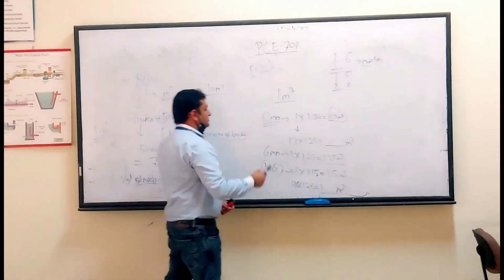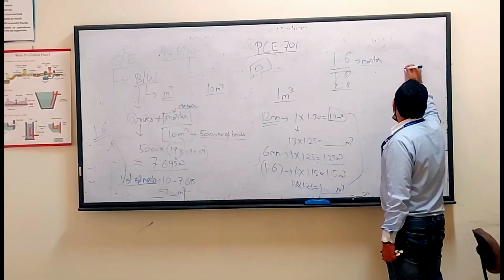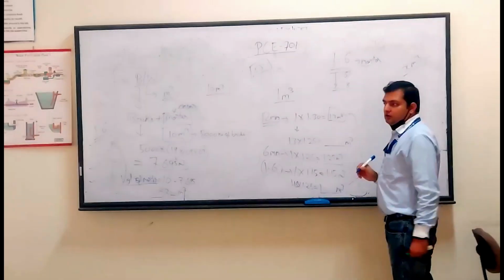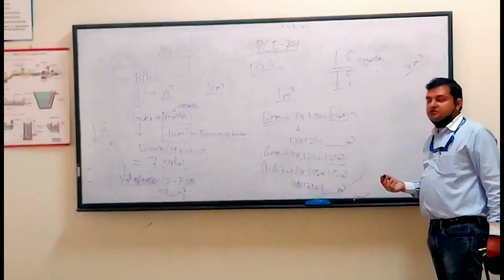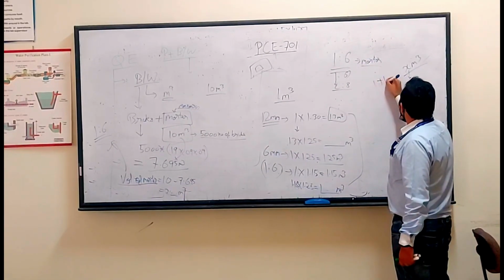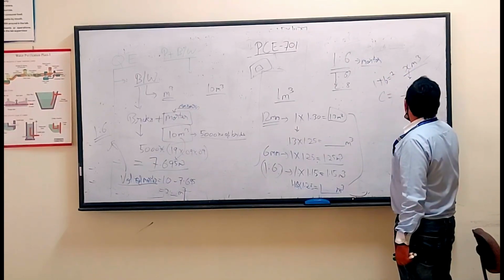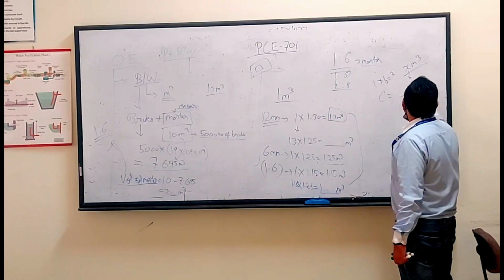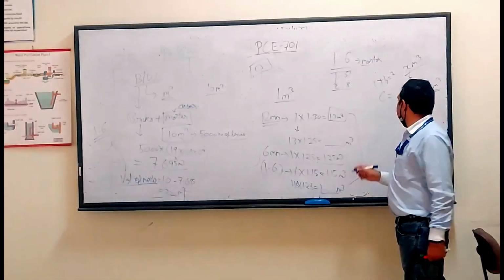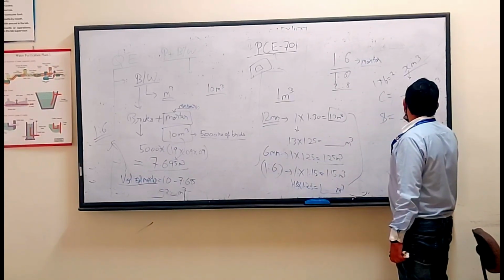Since the ratio is 1:6, we add all this quantity. Say you get x cubic meters as the dry mix of the plaster. Now, it is very easy to find the proportions. 1 plus 6 is what? 7. Now cement will be 1 upon 7 into x cubic meters. This will be the amount of cement to be ordered, and sand will be 6 upon 7 into x cubic meters.